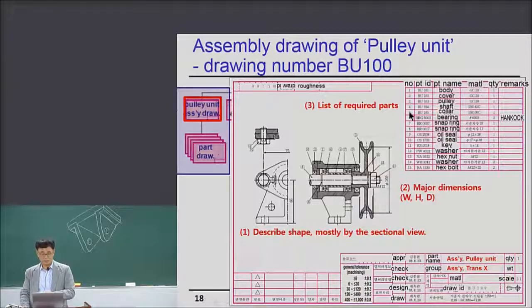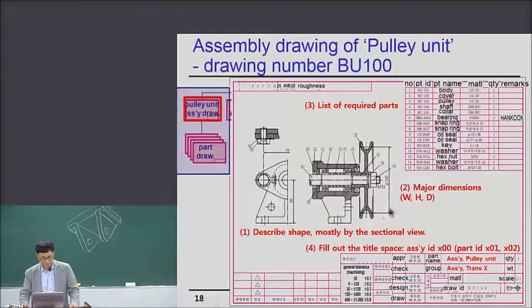I will explain it in detail in the next slide. So please wait. And then fill out the title space. Okay. So part name, assembly, assign, and pulley unit, and group. It belongs to assign transmission X. So it's here. And quantity 1. 1 pulley unit assembly for transmission X. Okay, so quantity 1. And the drawing ID is